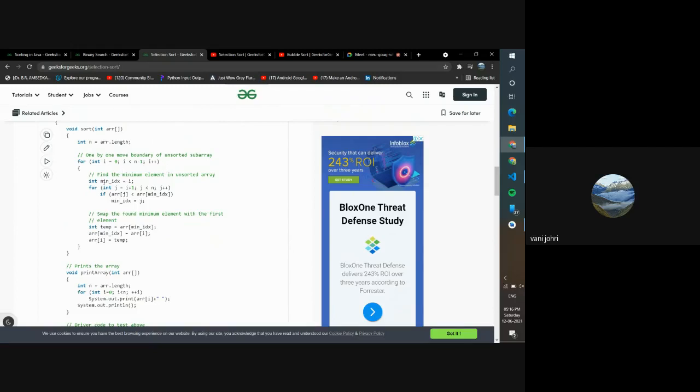Then you come inside it and you find the minimum element in the unsorted array. For the first time we set the minimum element's index to i. What is i right now? i is 0. Why are we doing this?